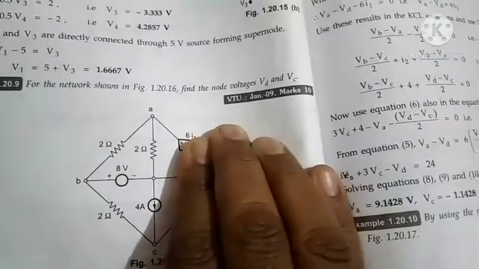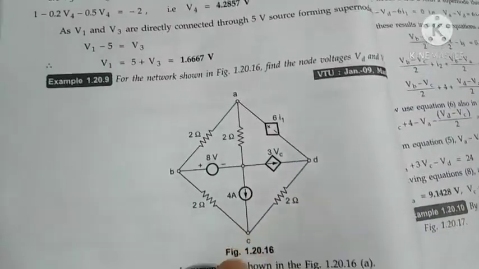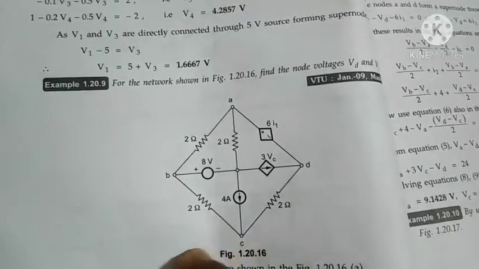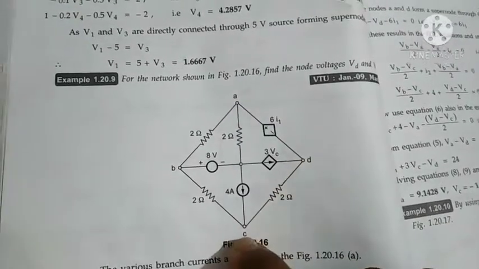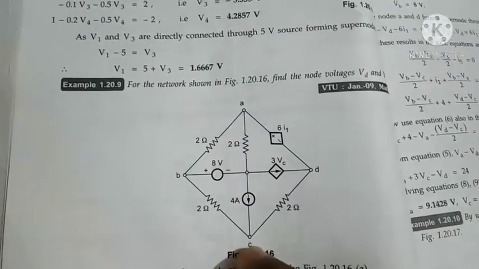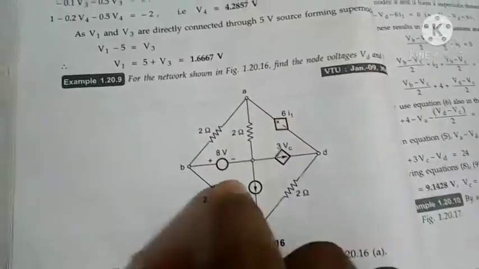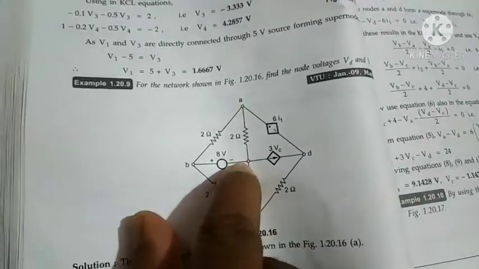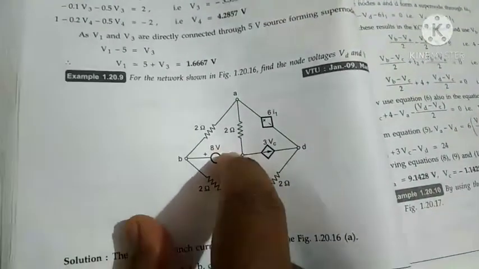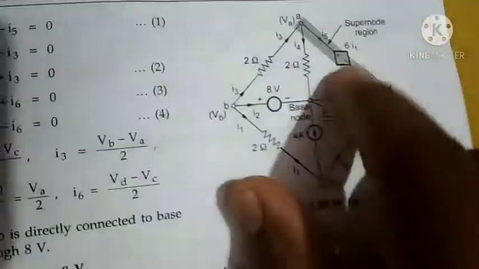And VD. So generally what we used to do is take the last one as a reference node. But they have asked for this node only. They have asked VC only to calculate, so I cannot take VC as the reference node. For that reason we will take some other node. For all the nodes they have marked, the only node they have not marked is this. Let us take this middle one as the reference node because many elements are connected to this node.